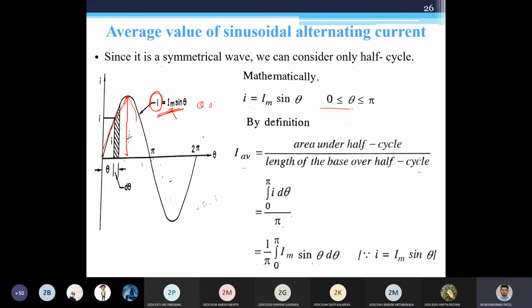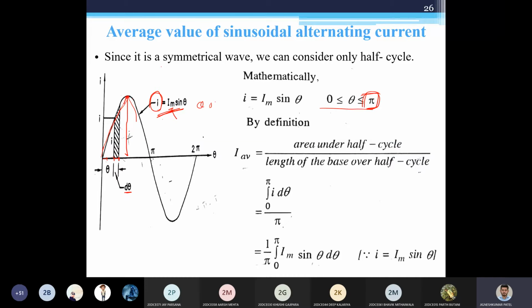Okay, see, this is the thing. But why have we taken pi over here? There is a different issue with this, but this is the basic waveform. Now what I'm going to do is take a part of this waveform and find the area of this curve by distributing it into n number of sections. These are the n sections, and the length of each section is d theta. We are going to integrate something, that's why we have taken this d theta.